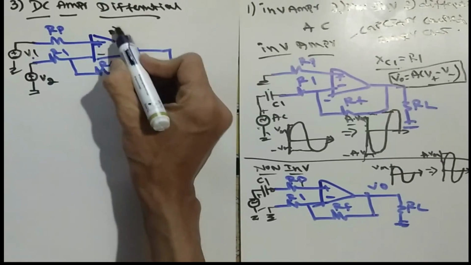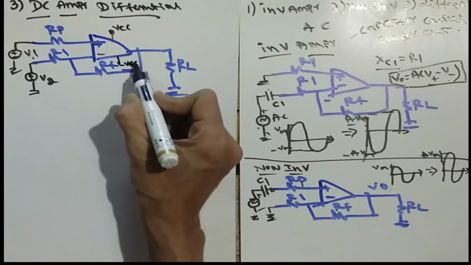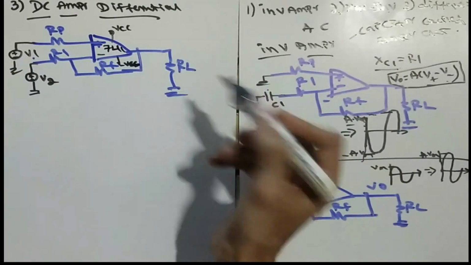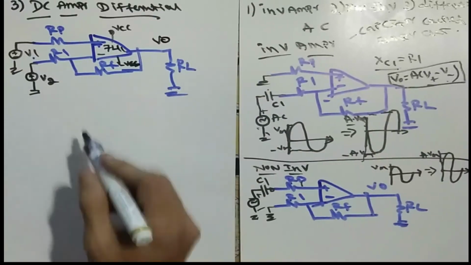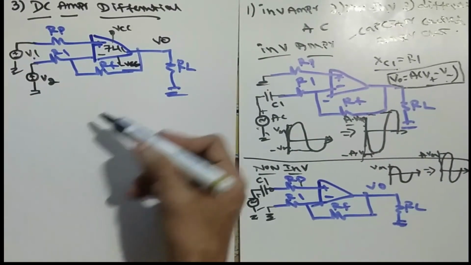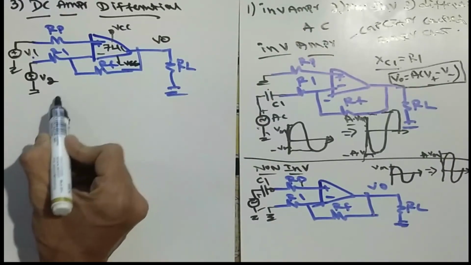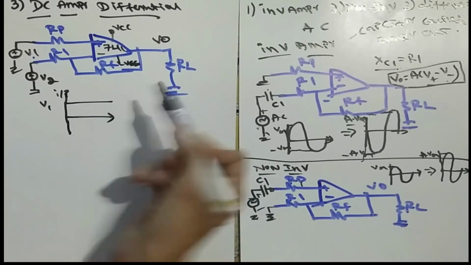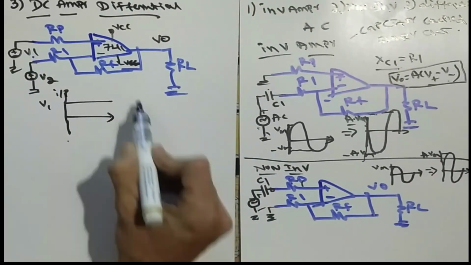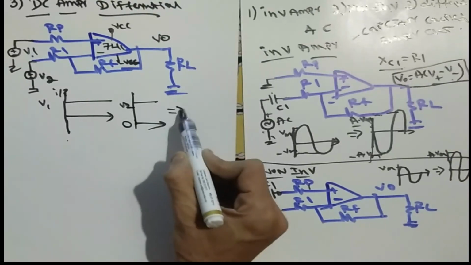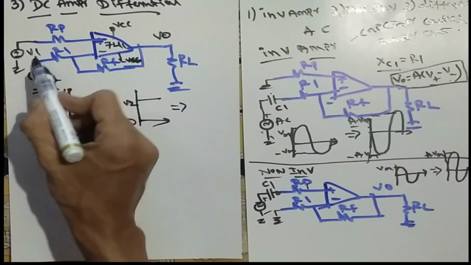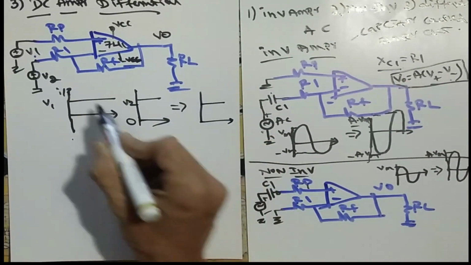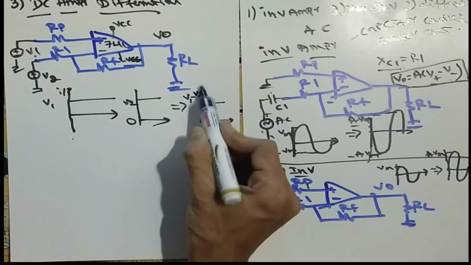You can add here +VCC and −VEE. This is actually the best method to use, +VCC and −VEE, and inside something like a 741. Now this portion is V0. What type of V0 are we usually getting? Here, V1 and V2, that differential I am getting. Suppose we have two inputs, V1 which you are giving as some DC here, and one more input V2. The output you will get is such that V1 is positive, so V1 minus V2, depending upon V1 and V2, into gain.